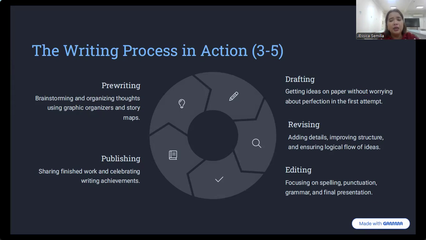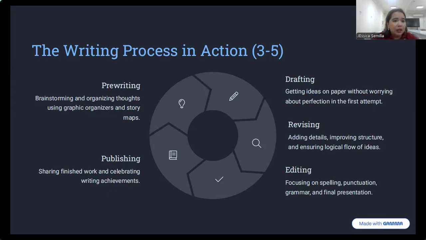And then after revising, that's the time that you're going to read it again for editing. So under editing, you focus on the spelling, the punctuation marks, the grammar, and all. Your focus is no longer the idea. Your focus is more on the grammar itself, whether it is correctly written in terms of its structure. Now, after that, you go to publishing already. If you're done with pre-writing, drafting, revising, and editing, that's the time that you can publish the paper or the document. So that's how the student should undergo the writing process.